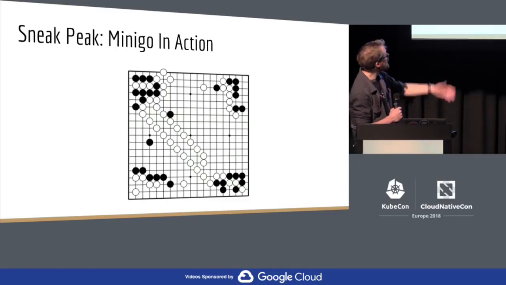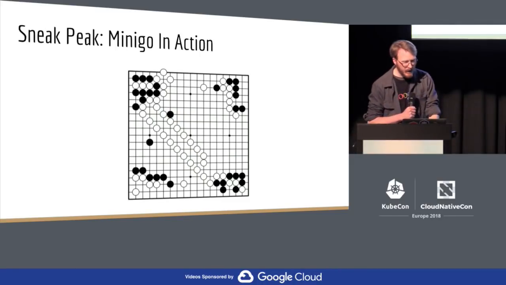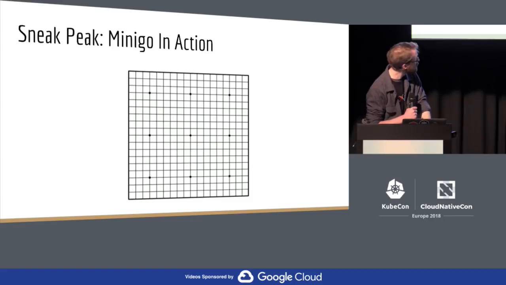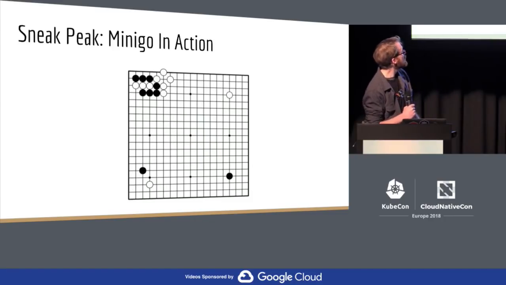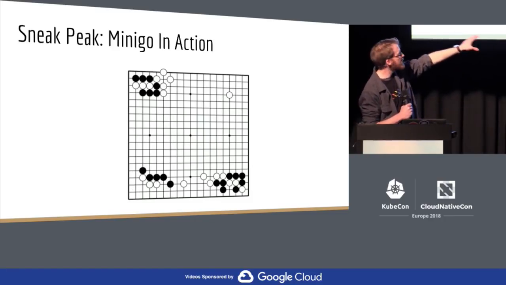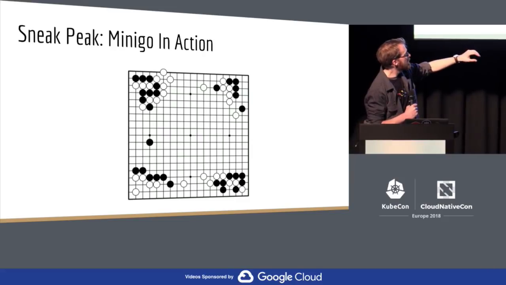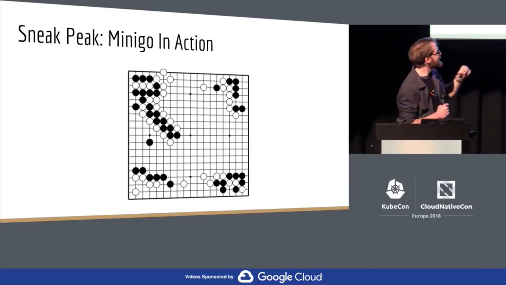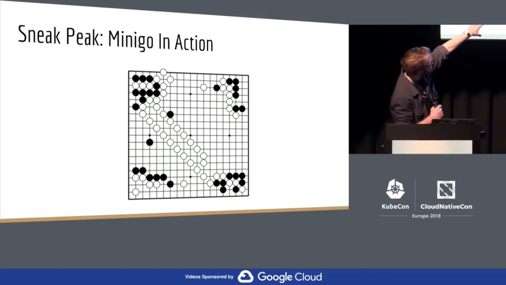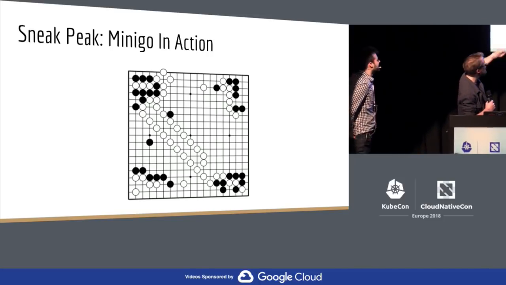Pretty cool. So, and here's an example of MiniGo. I hope that this GIF will reload. There we go. Perfect. So here's an example of how a game might unfold. Play starts in the corners. So this is actually a MiniGo game. This is actually MiniGo, right? So what you're seeing there, the whole string of stones being taken off the board,